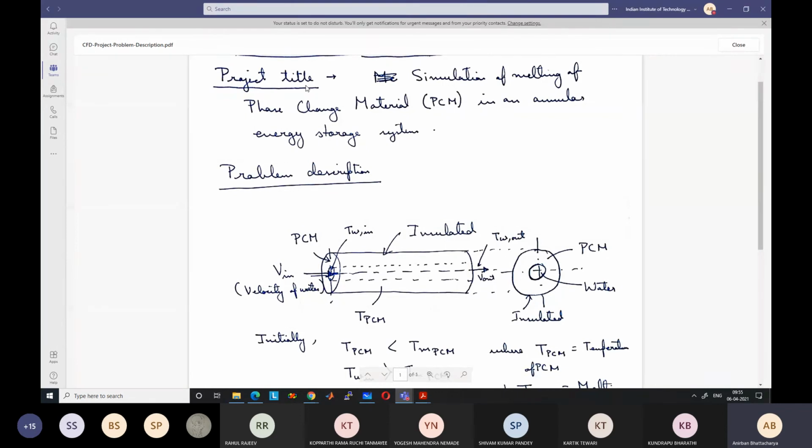You can write a code for a simple 2D conduction type of problem, where say there is a source term in between, like there is a heater in a 2D plate, and how the temperature is varying in the plate with time. Any type of project, and we can discuss in the next class. You can come up with your ideas.